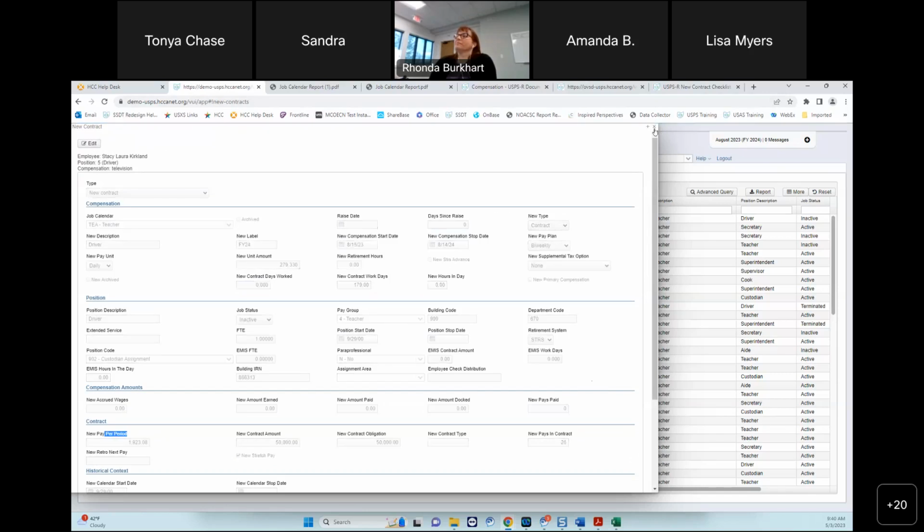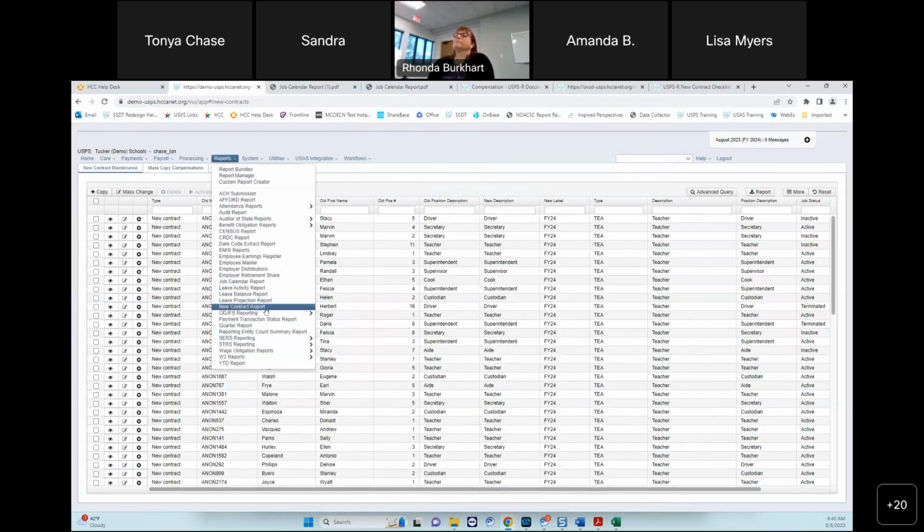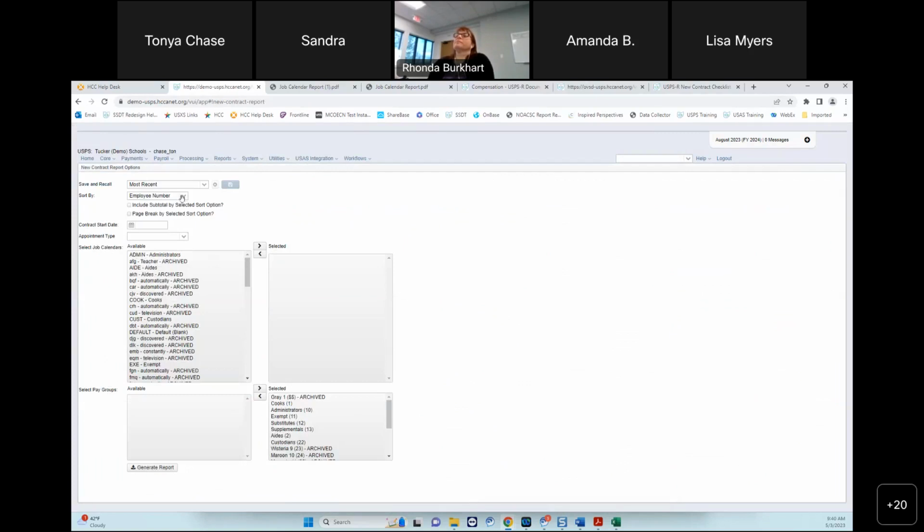So once you have everything in here, there's a couple of different reports that you can run. If you go to reports, new contract report, you can run this report. You can run it by a contract start date or an appointment type. I personally would probably run it by pay group. And so I only did one pay group, but if you had multiple pay groups in there,